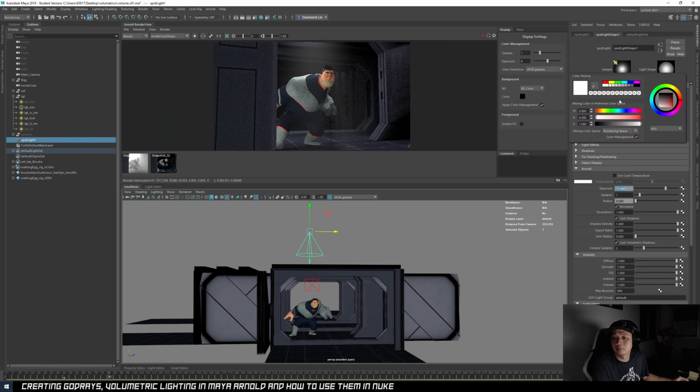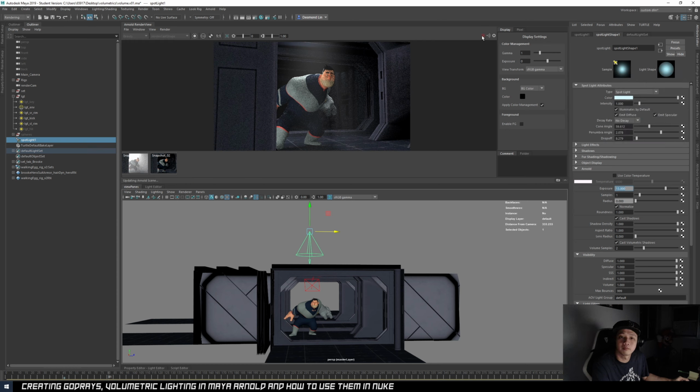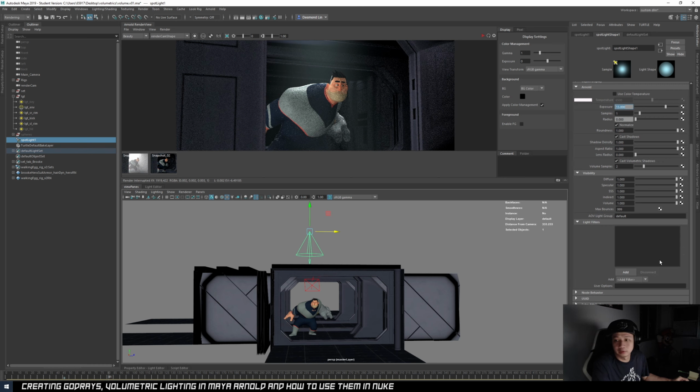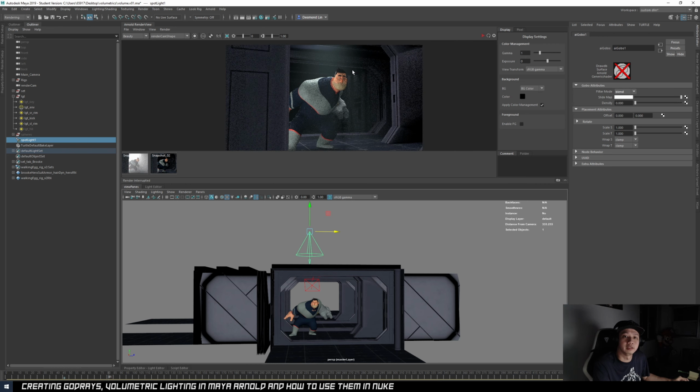So I can add some colors to them even. Okay, so it makes it more interesting. Maybe this is a spotlight from the top that shines down and it has this color. Then we'll go into light filters and add in some patterns and breakups on this light because now it looks very flat, right?